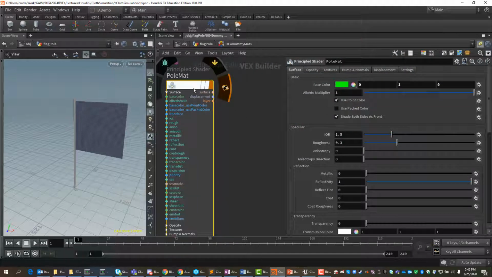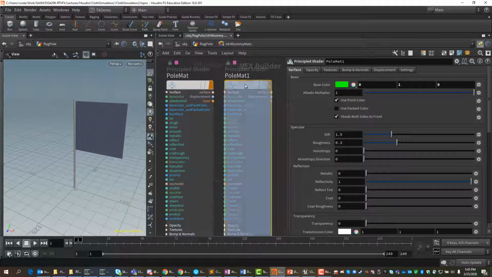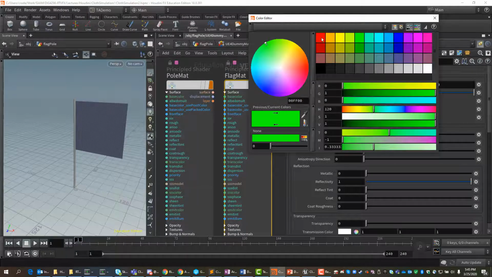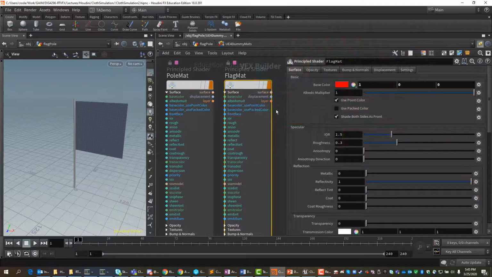All right, pole mat. Then I'm going to hit the Alt key, and then I'm going to drag pole mat, and that's going to create a duplicate of that, and I'm going to change that to flag mat. Okay, so now we have a flag material. Now this one I want to be just simply red. All right, we've got two materials, a pole material and a flag material,